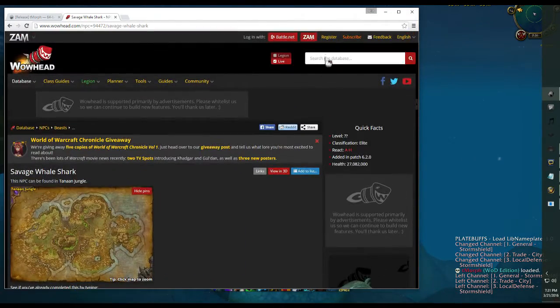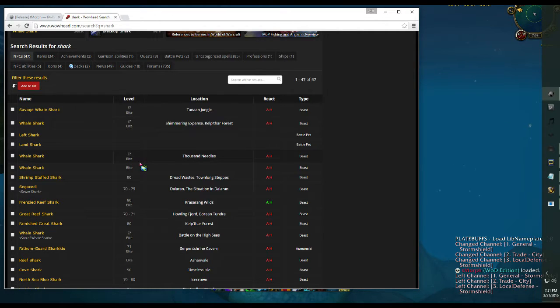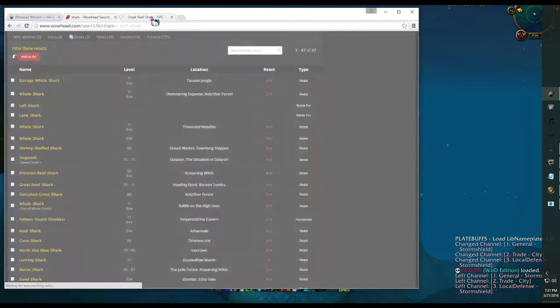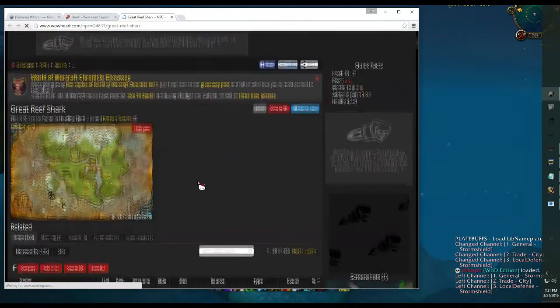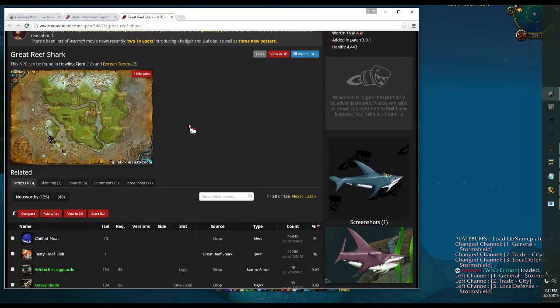I'm looking for something a little more gnarly looking. So I'll just look up shark. Let's see here. Great reef shark. I think this is the one I'm looking for. Yep, that's the one. Alright, so when you're on the model page of what you want, go ahead and press